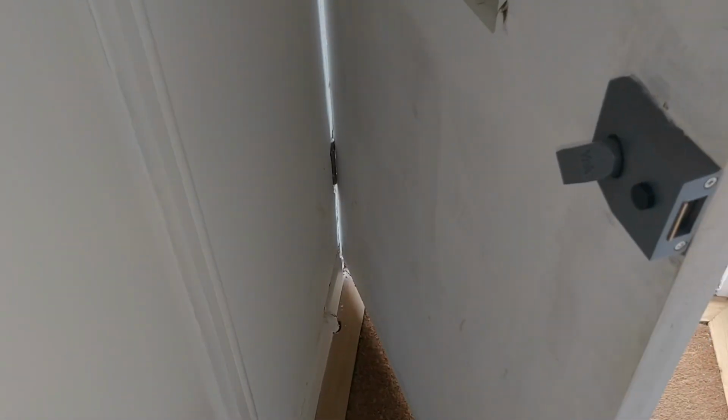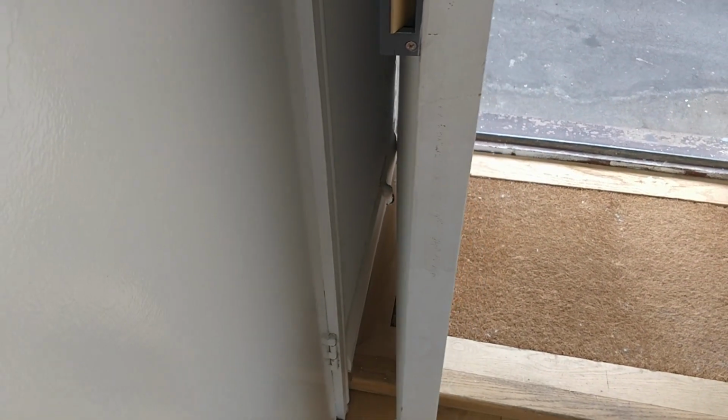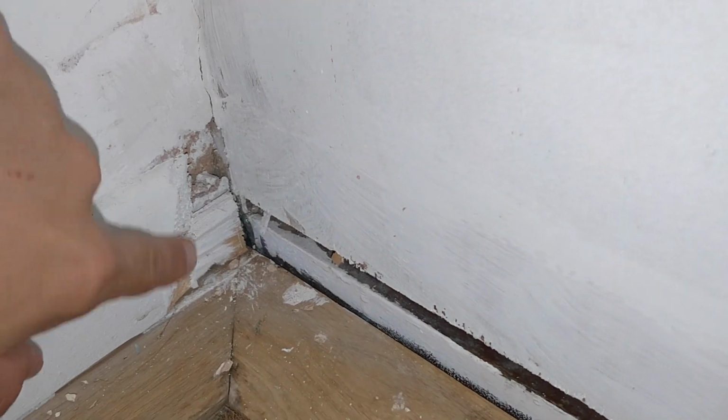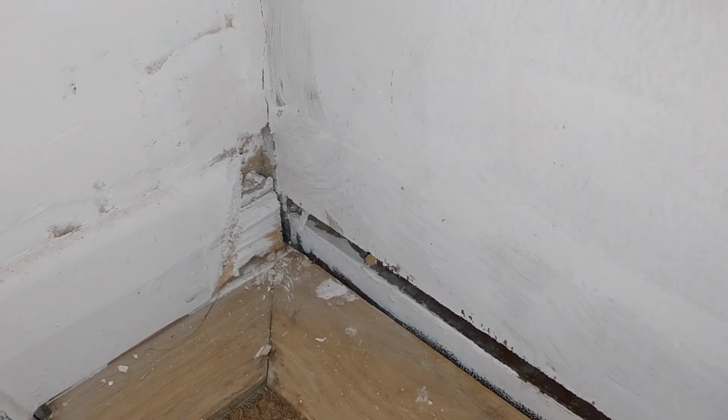What I'm going to do is, oh, and the other implication of that is this. If you look down there, that pinches on here, so the door actually bounces off that skirting board there, which isn't a problem necessarily, but you can see where they've had to chop it because it doesn't run flush, it doesn't run up to it, which again looks rubbish. So what I'm going to do is take these hinges off, I'm going